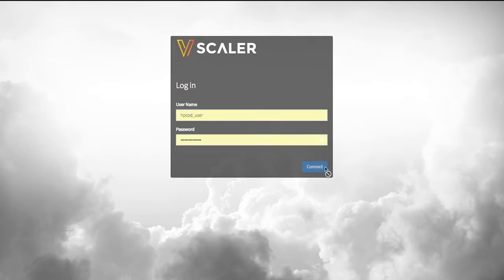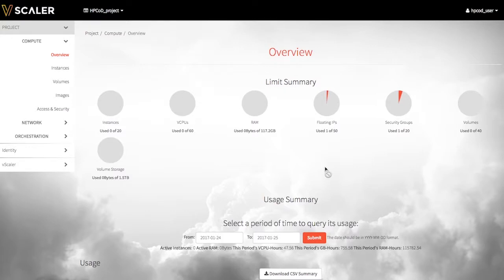So the first thing we need to do is just log in as our HPC-OD user. And what we get presented with when we log in is a summary of the resources that are being used within our project for the moment. Now, as we can see, there is nothing being used, so we have no virtual CPUs or RAM being used